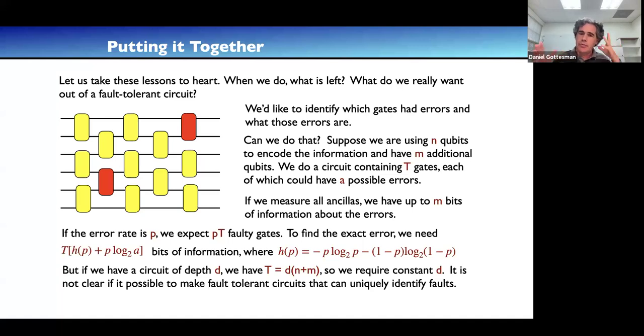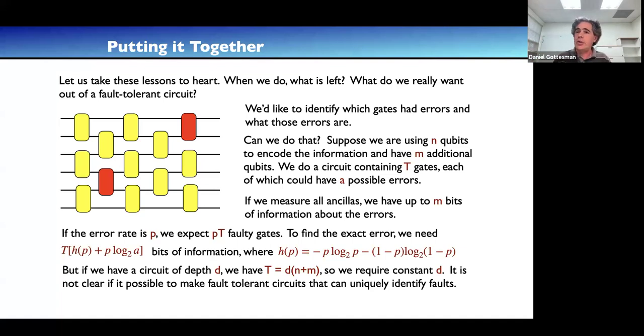But if we think of this idea of let's put space and time together, instead of identifying where the errors occur, we want to identify both where and when the errors occur. And so if we have this circuit and we think of it in a space-time picture, we say we want to identify which gates are the ones with errors. And if we can do that, then again, we don't care so much about error propagation because we know how the error propagation will proceed. And so we can undo the effects of the error even if it's propagated to many qubits.